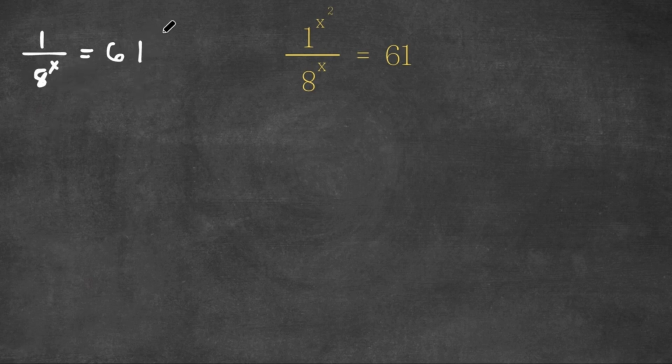Now, if I multiply both sides by 8 to the power of x, I get 1 is equal to 61 times 8 to the power of x. Now, if I divide both sides by 61,